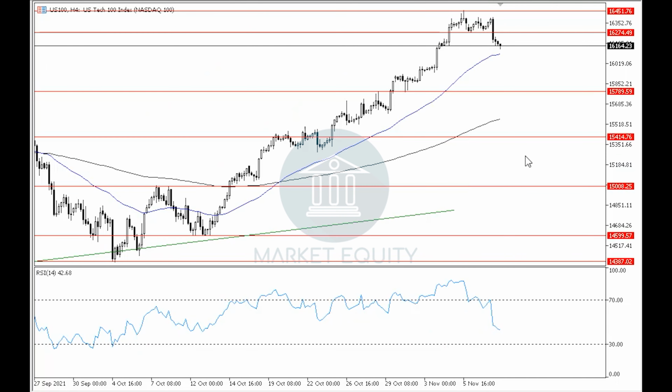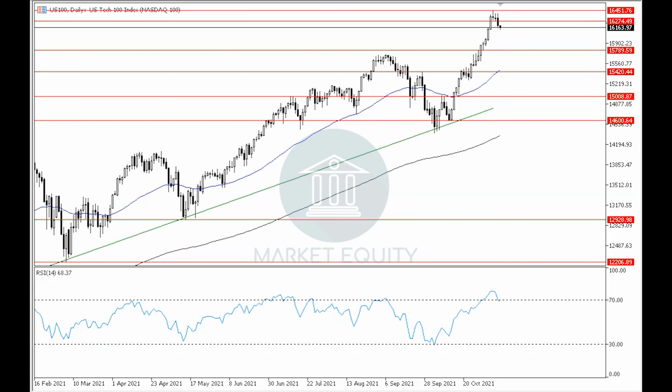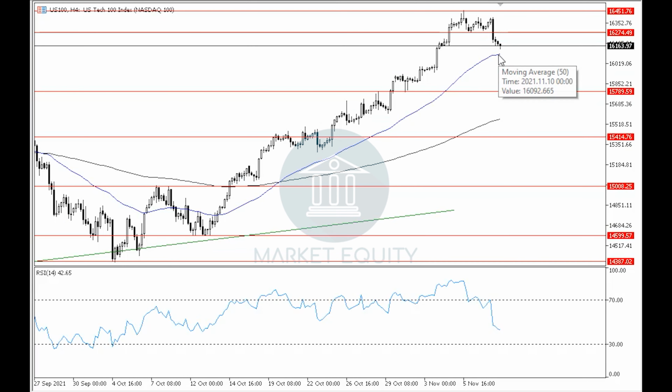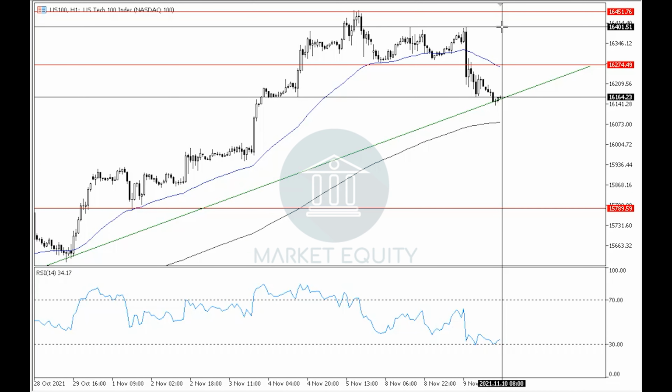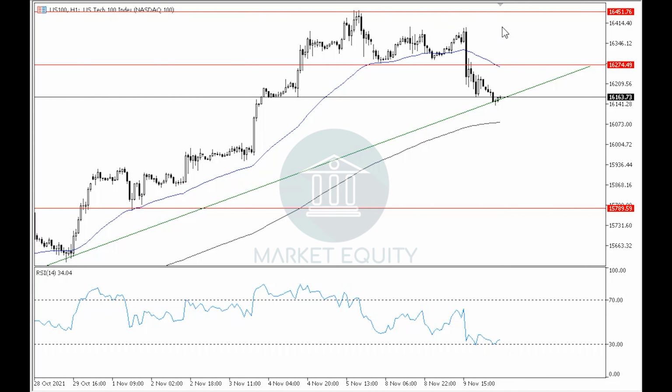In the previous videos, we said that the index is moving in an uptrend in the 4-hour time frame as well as the daily time frame. And recently we can see that after rebounding down off of around level 16,450, which resembles a horizontal resistance level for the index in the 4-hour time frame, the index failed to reach it once again in order to retest it, and instead rebounded down off of around level 16,400, where it continued to break down through level